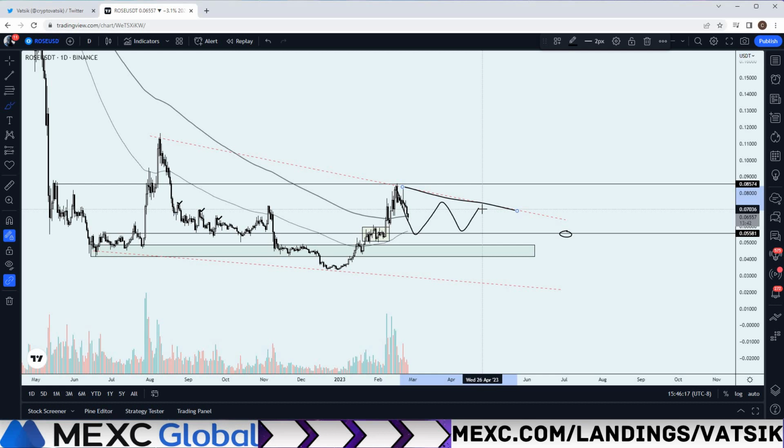I think that would be the bullish case. If we push back up into this breakdown level here and we reject, then I think the likelihood of this 5.5 cent level holding is less likely, which may sound obvious, but the vice versa to that would be if